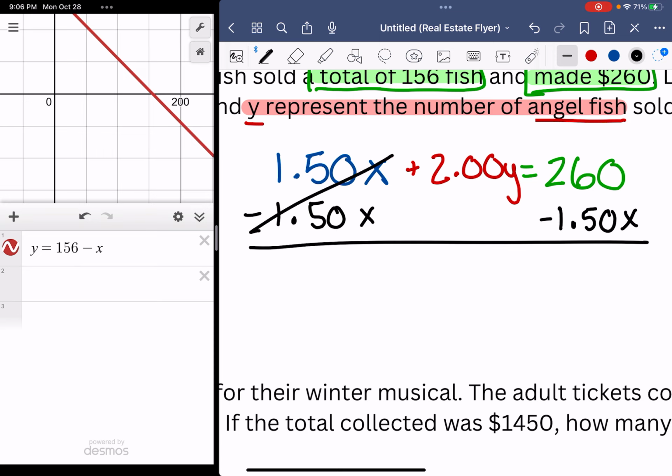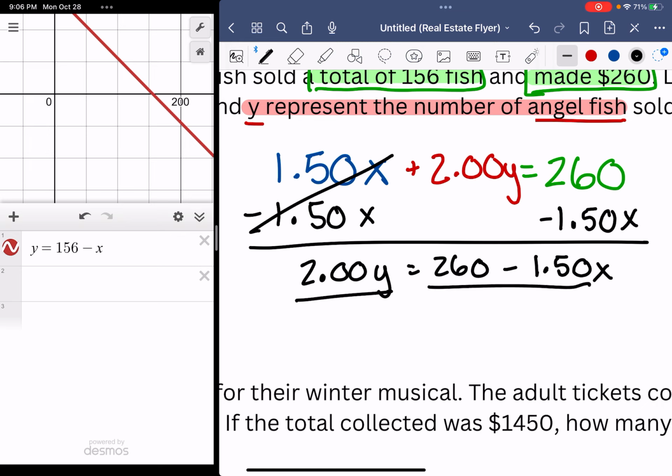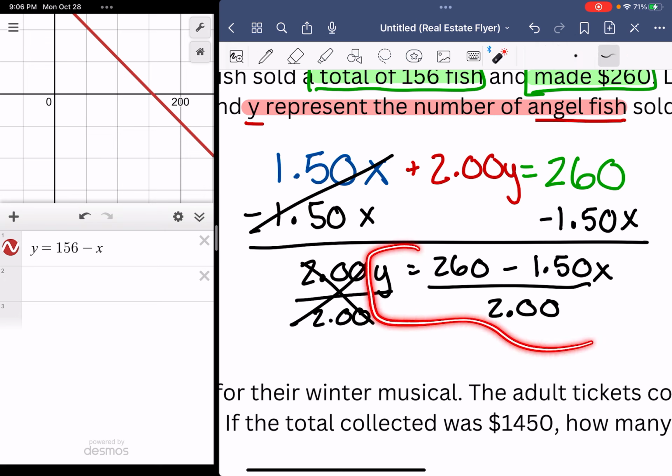Cross it out. We are left with 2y equals 260 minus 150x. Step 2 is to divide by whatever is in front of y, in this case 2. Cross it out, and we are done right there. Y equals